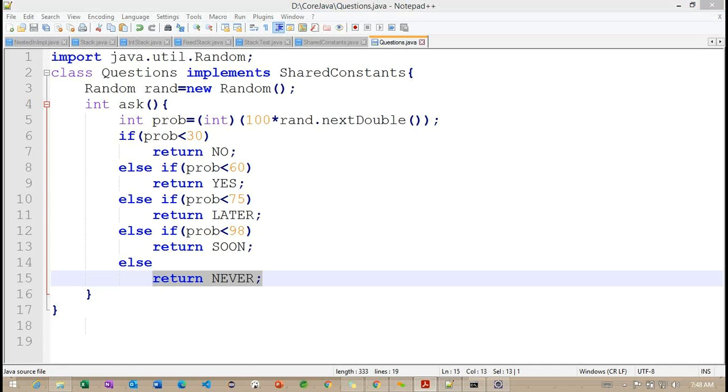So whatever variables we are going to provide inside this particular interface, the variables are by default public and final variables here. Getting the point.